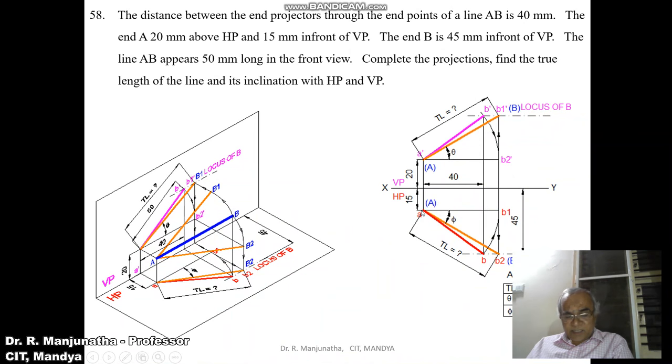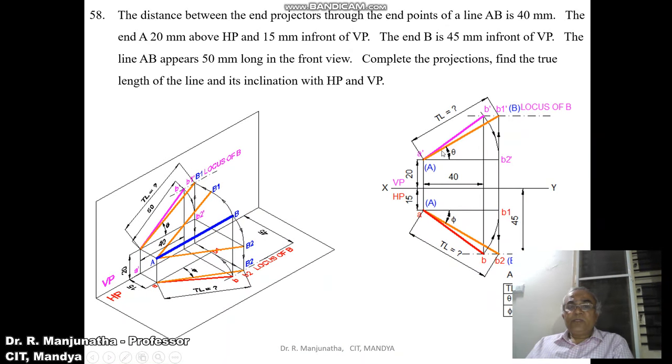Similarly, with A as center, with respect to the AB1 line, you measure an angle of the true inclination, that is AB2, using the protractor, such that the angle will be phi, which is again 30.96 when you are doing it in computer. When you are doing it manually, it will be 31.